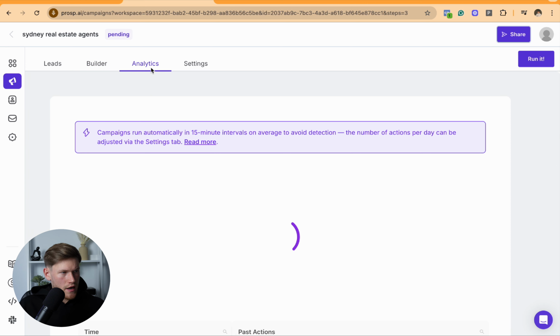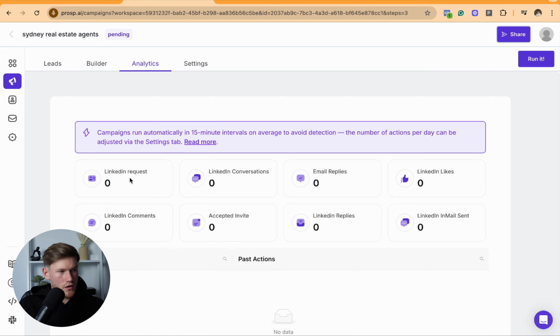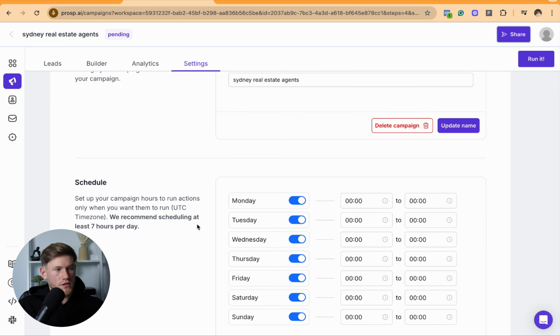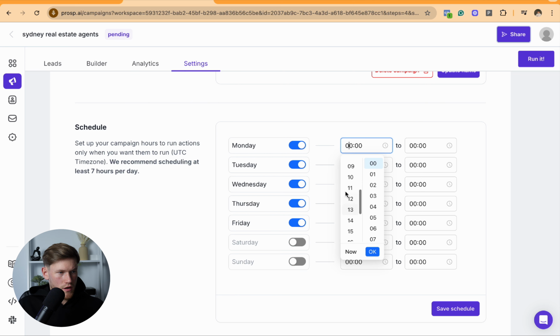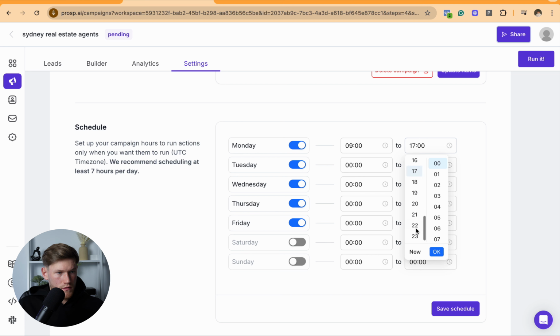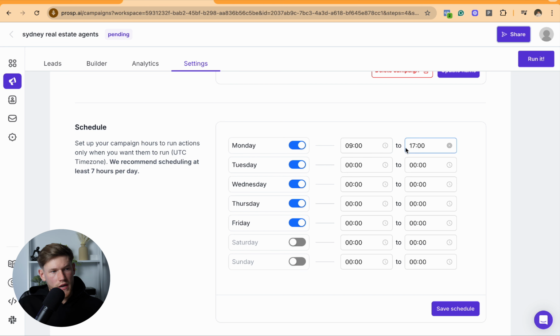So now you can actually start to see, when you've launched this campaign, how many LinkedIn requests you have sent, how many conversations you have had, replies, likes, accepted invites, whatever you want to look at. And then in the settings, you can basically put it on a schedule. So if you don't want to reach out to people on a Sunday or a Saturday, and you just want to reach out to people from 9 a.m. until 5 p.m. on a Monday, you would just do that for every single one, save that schedule,